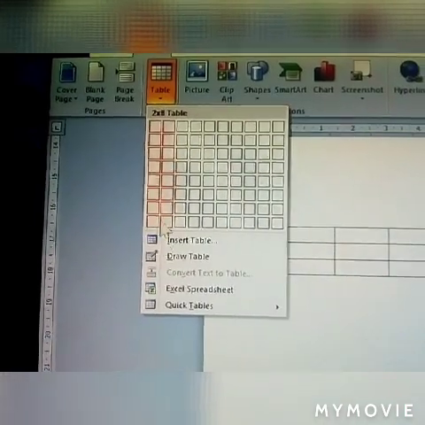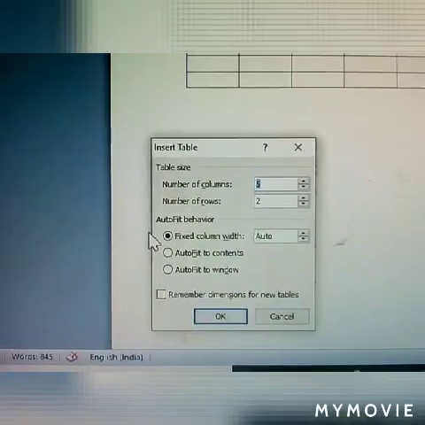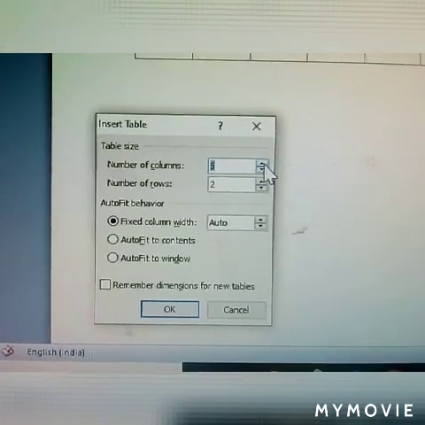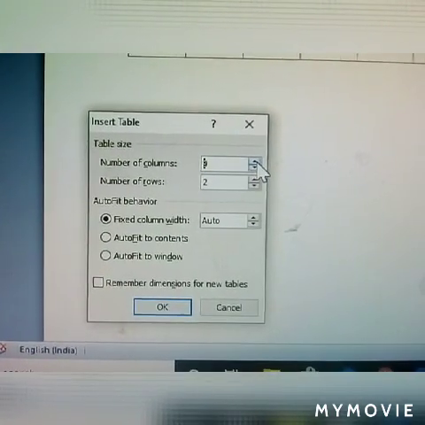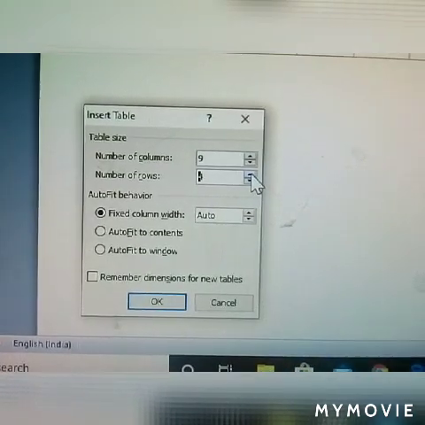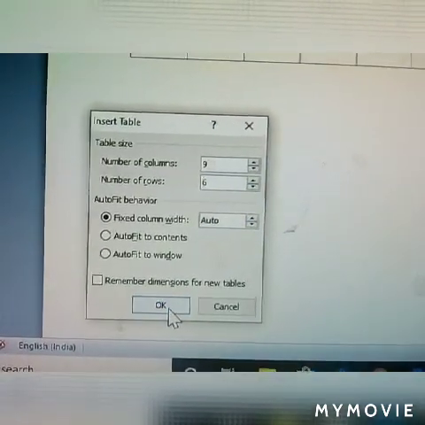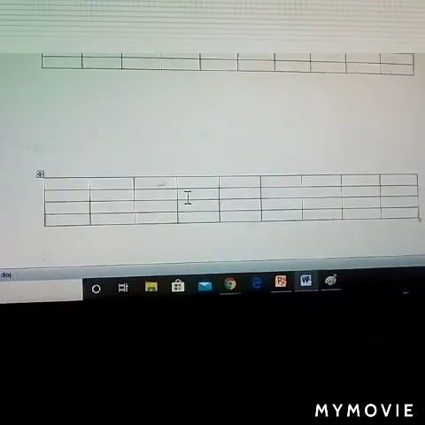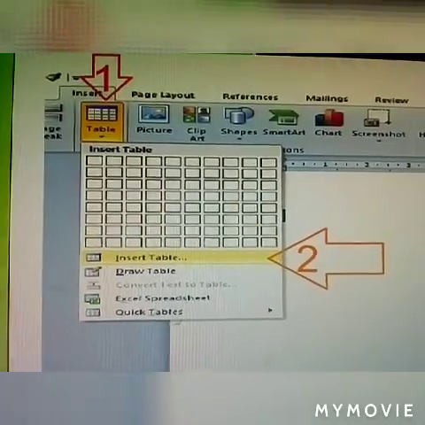Click table, insert table. The dialog box comes. Here mention the number of rows and columns. Click OK. It comes to the table. The next one,